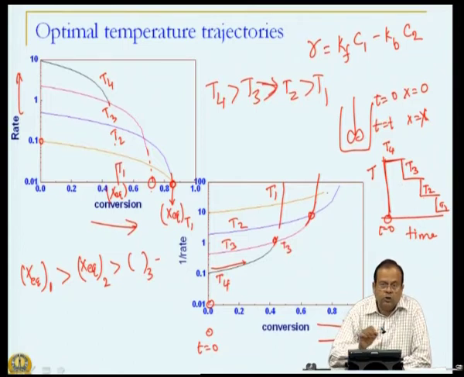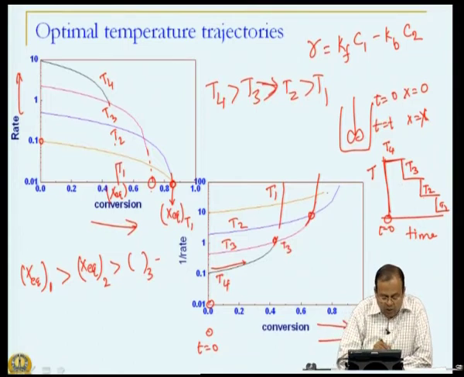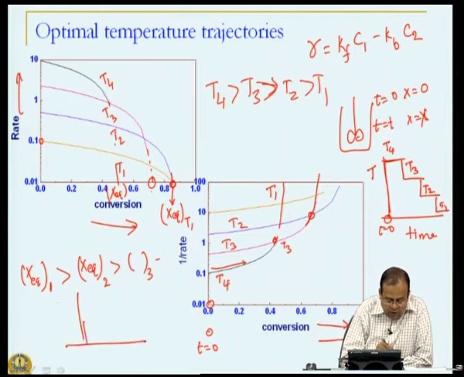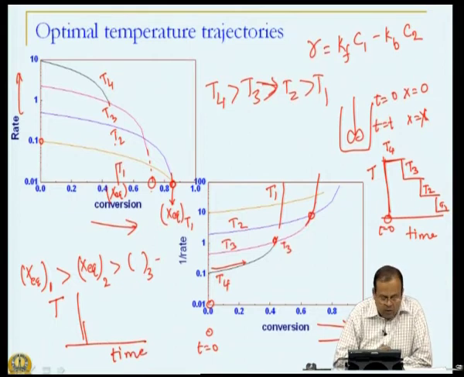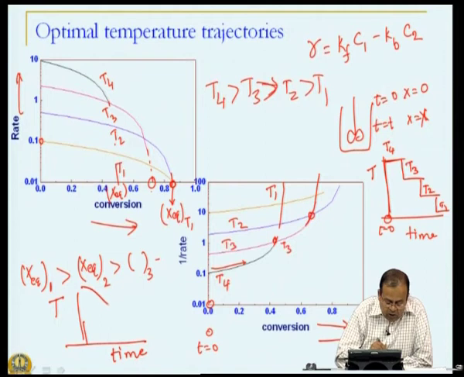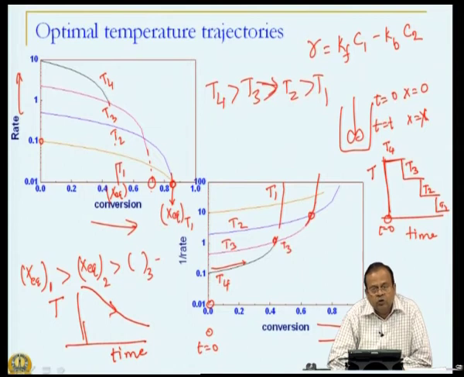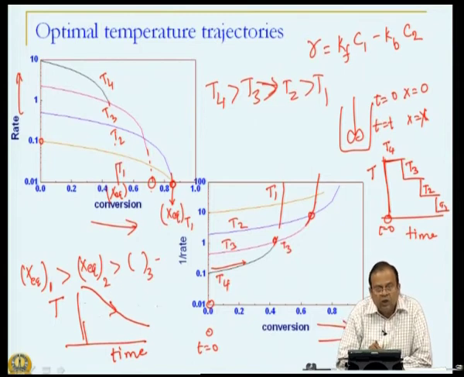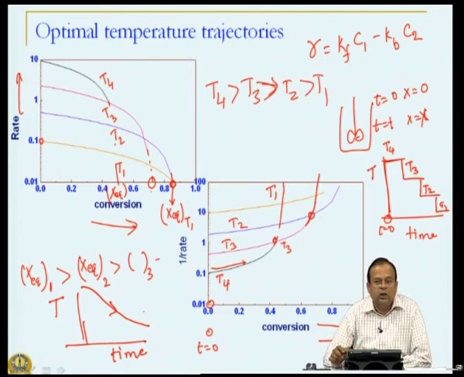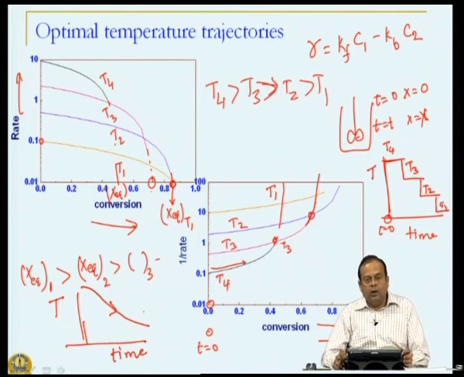This is if I were to do it in a stepwise manner, but I can now extend this, saying that for an exothermic reaction in a batch reactor, my temperature should decrease from a high value to a low value as the reaction proceeds. The counterpart of this in a plug flow reactor is that my temperature should decrease along the length of the reactor. How do we do that? We will try to see in subsequent classes. So, we will stop here for the day.